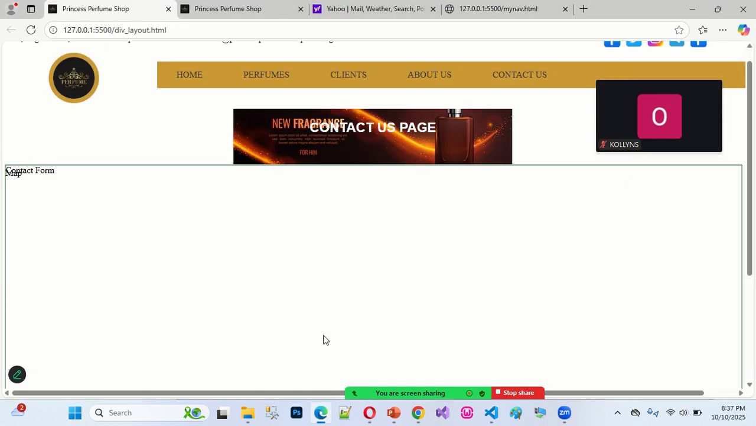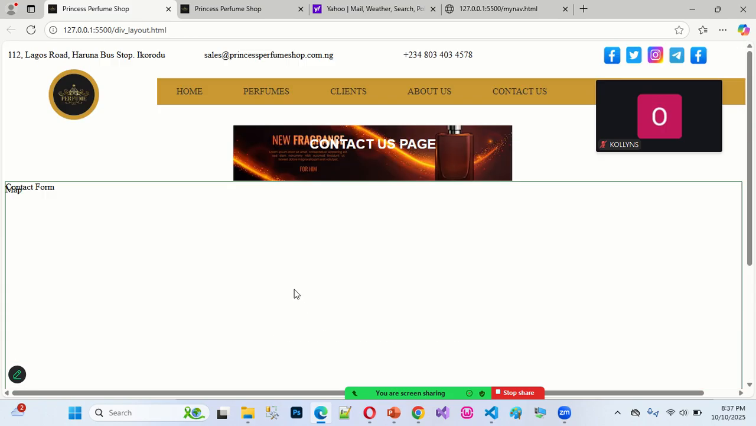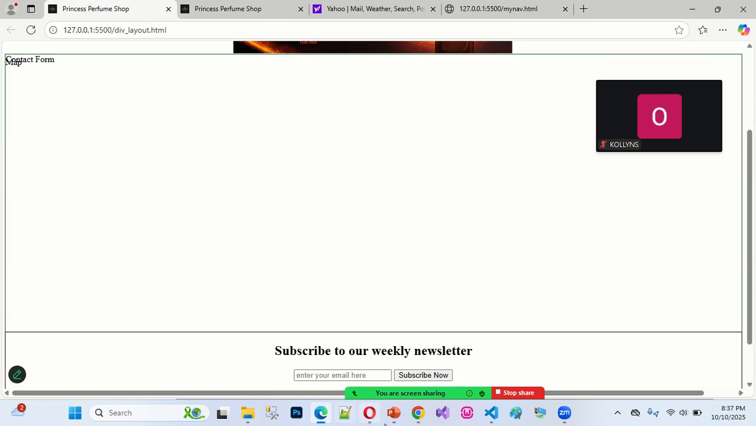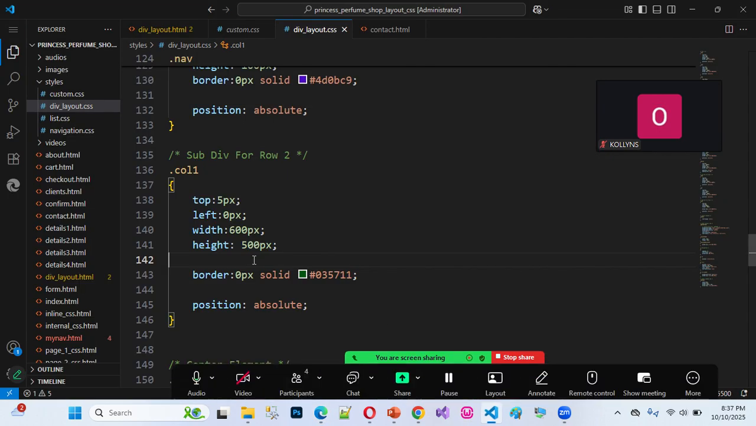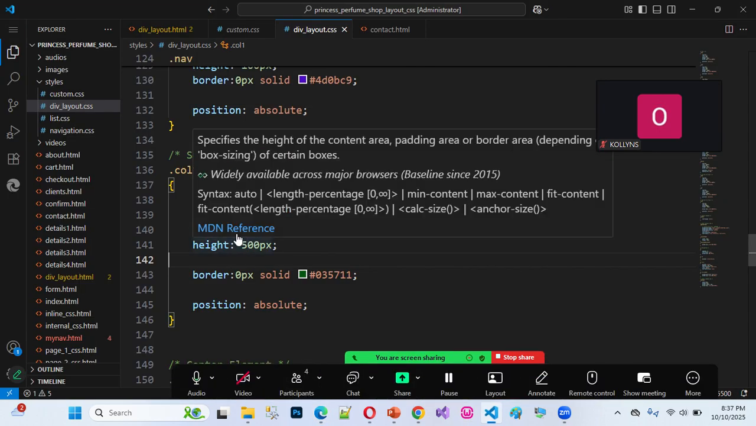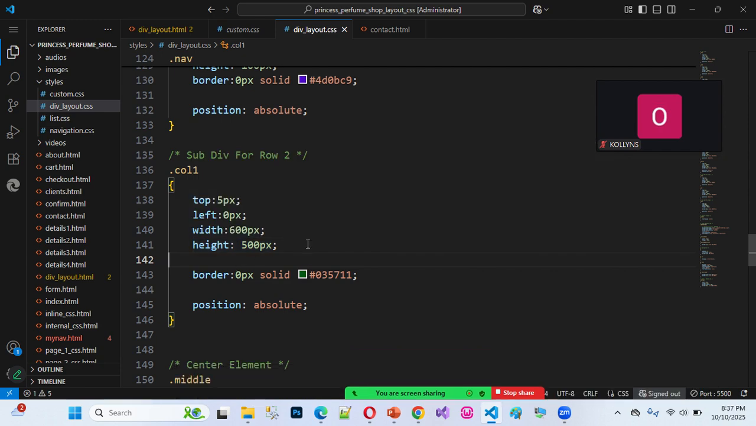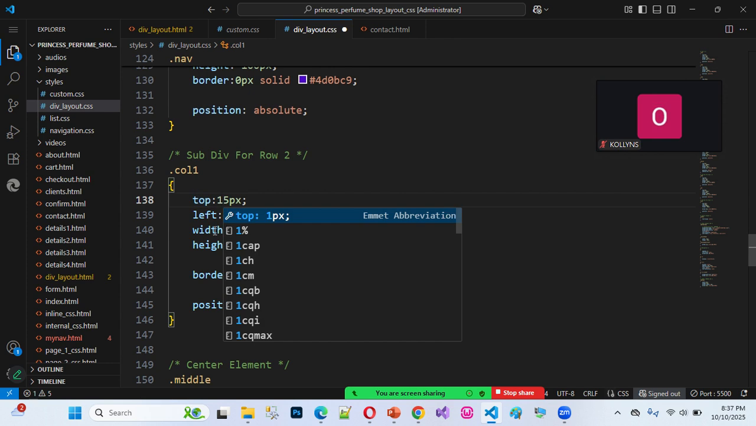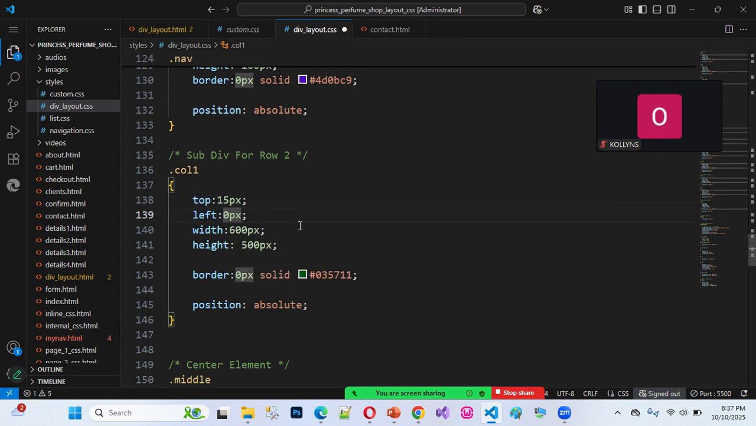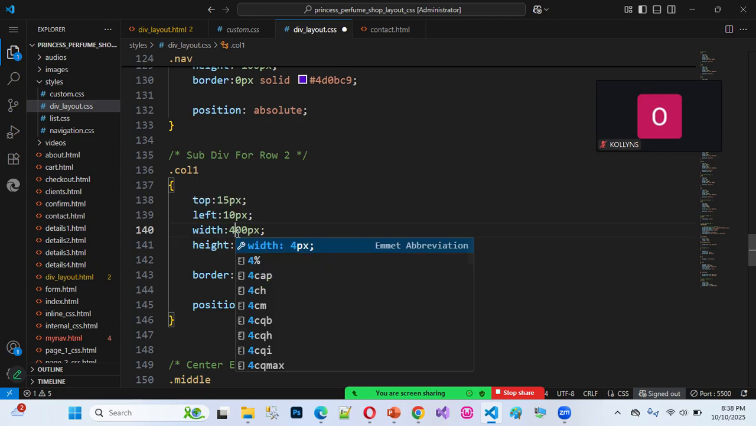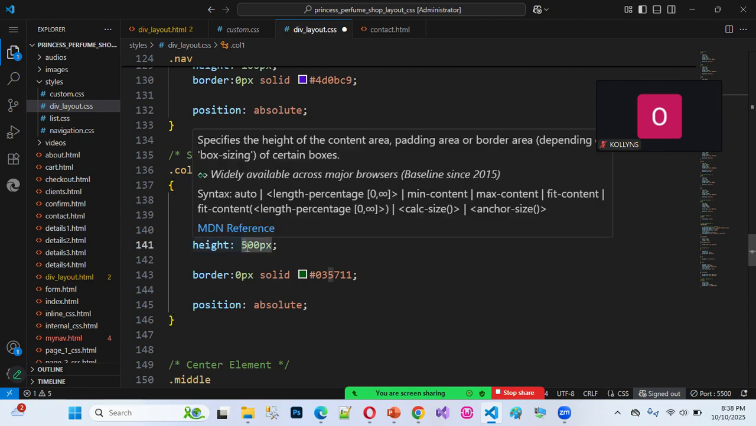How does it appear here? Oh, you see, I can't see the column. What did I define here? Let me check again. Something is wrong. The height is 500 pixels, the width is 600, and the top is 5. Let me change the value for the top to 15, and the value for the wall left to be 10. The width, let me just make it small, like 400 first,